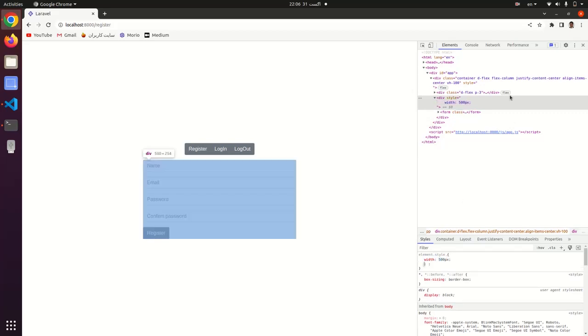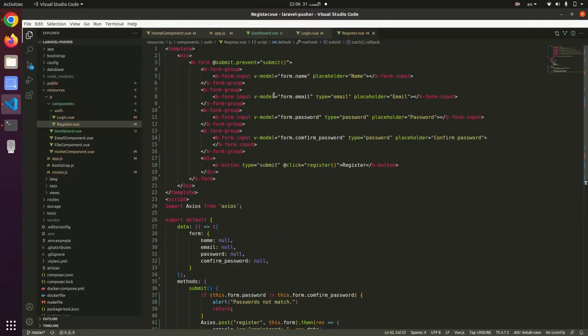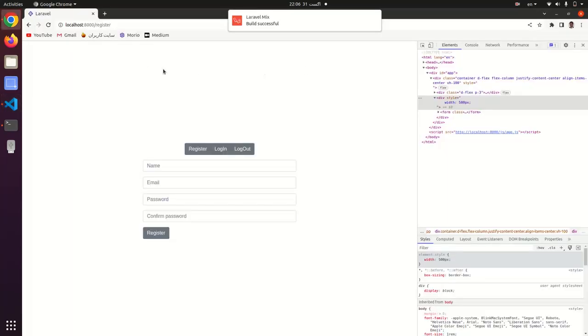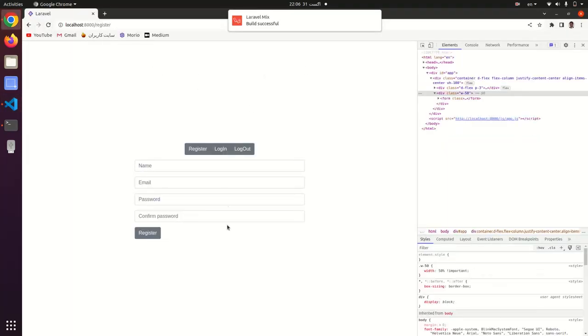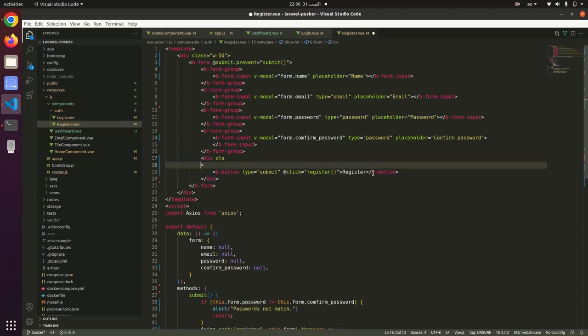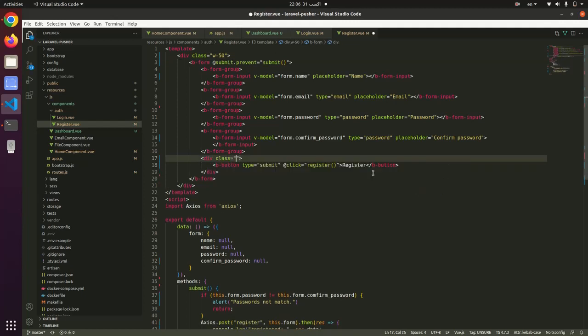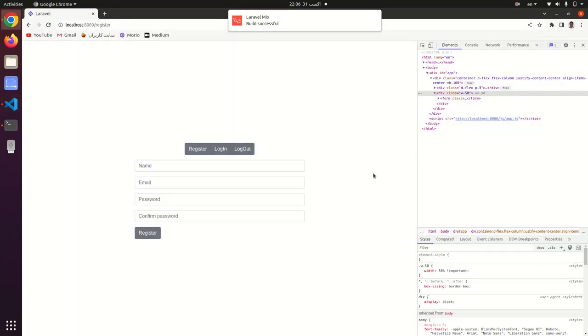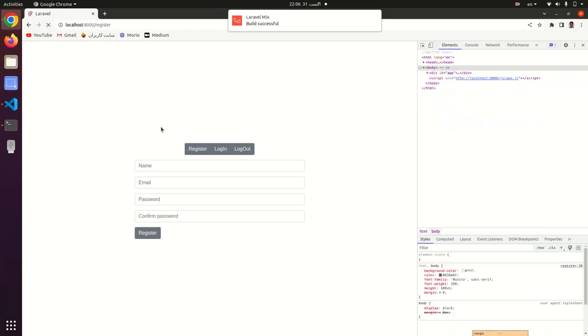Okay, 500 pixel is fine, I think. Or we use bootstrap class, width is 50% of the page. Okay, and let me take this button to the right, class text is right. Okay,